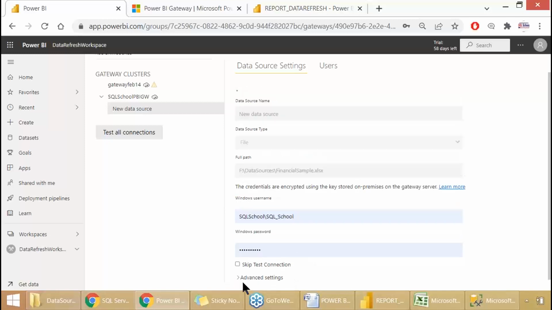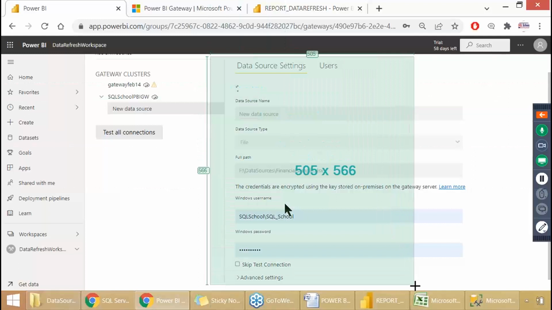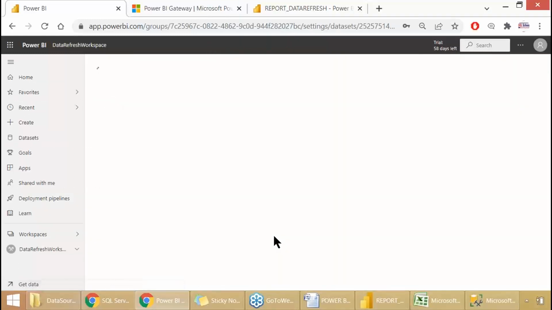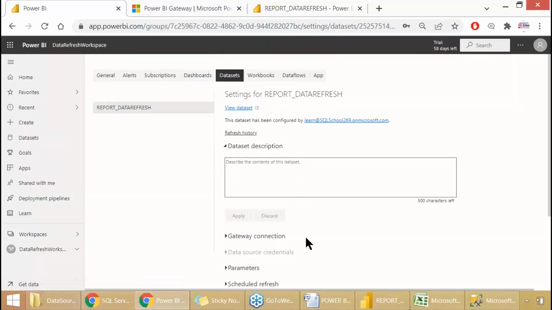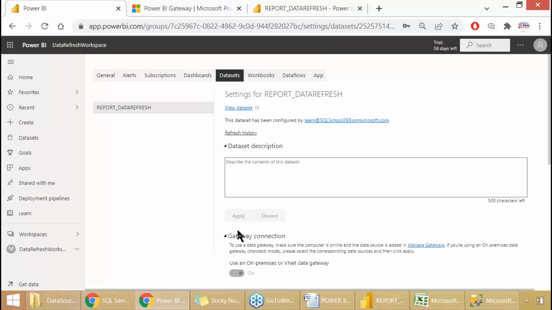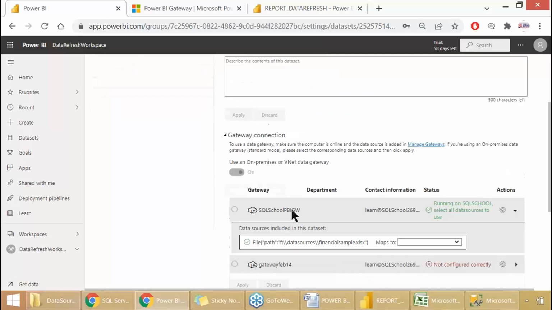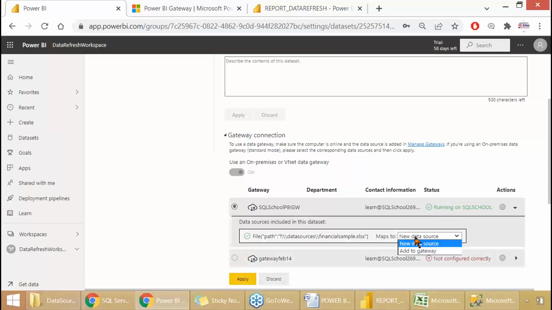Click add. Just click on add. So make sure the data set is added. Once again come back to data set settings. So this is the one, right, running. So we add the data source. Now add that previously available data source. Just now we said add to gateway, you got a data source, right? The data source we need to add. I'll repeat again. Add to gateway,